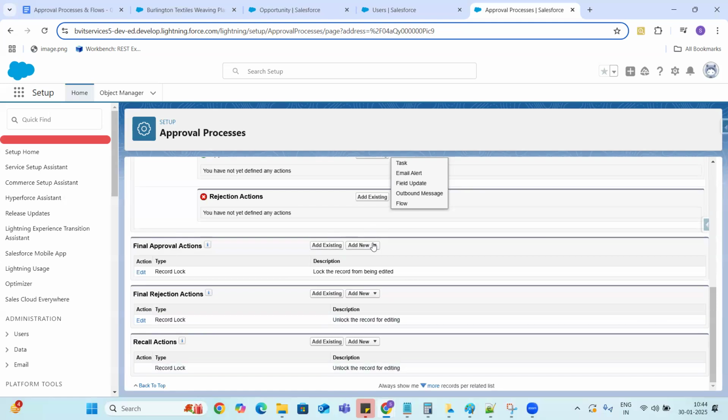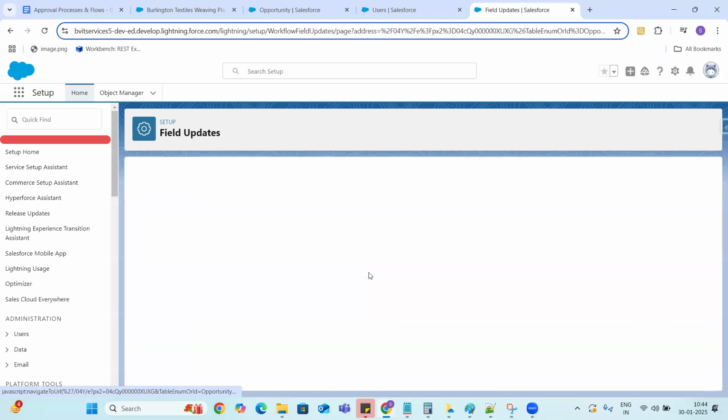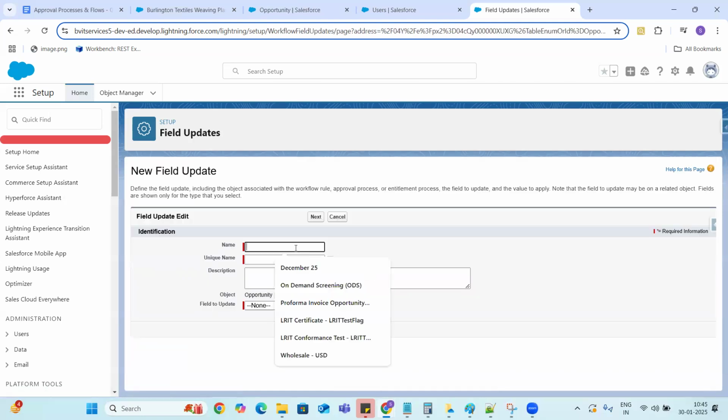If you want to add any new things here, such as field updates, update approval status to approved.